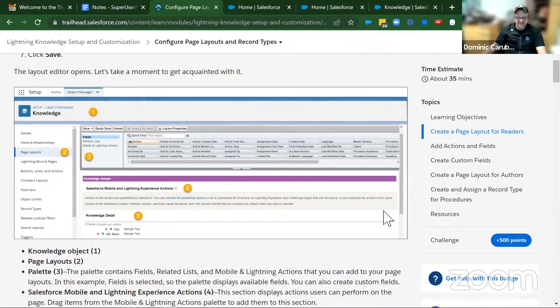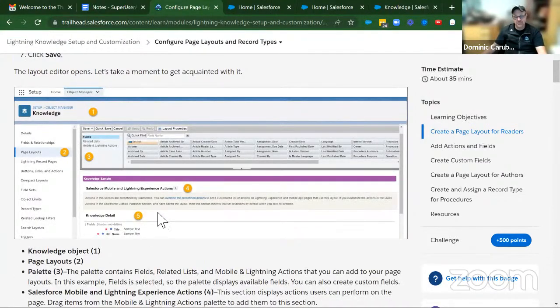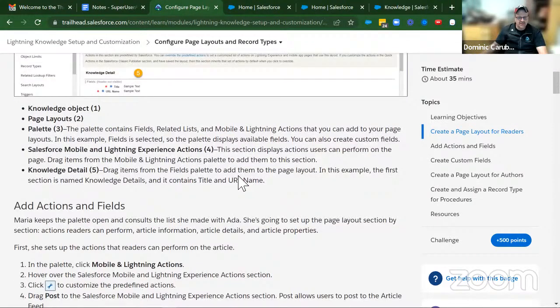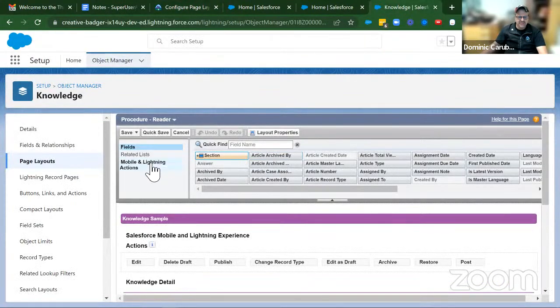The Lightning Experience actions, you have to click that box and bring those buttons down. And then, of course, the knowledge detail. That is all of the fields that you want to throw on your knowledge record. So you have a knowledge record and you have the knowledge article that goes with it. So we're going to add actions and fields in the mobile and Lightning actions page. So in that section,